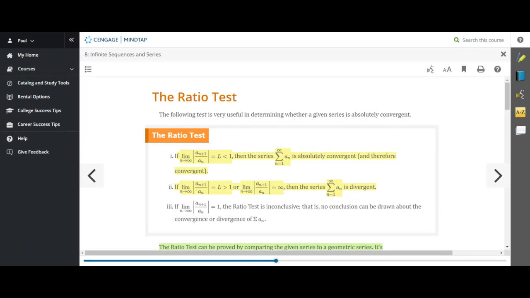Okay, so this is a type of test you want to use if nothing else works. You've learned, between sections 8.2, 8.3, and 8.4, a lot of ways to determine if a series converges or diverges. But if none of those ways works, you try the ratio test. So if we go back to our series here,